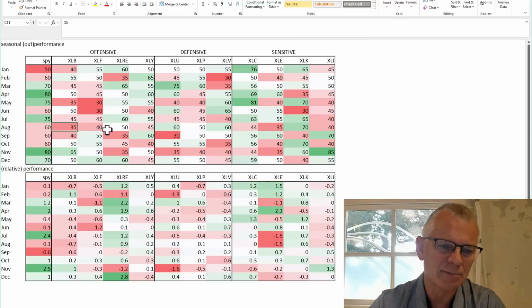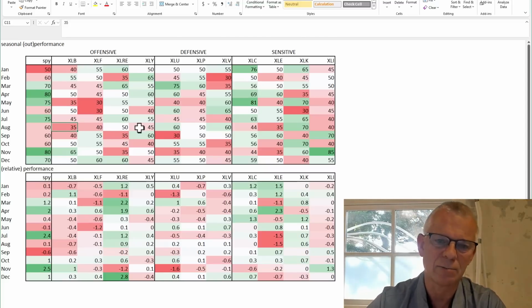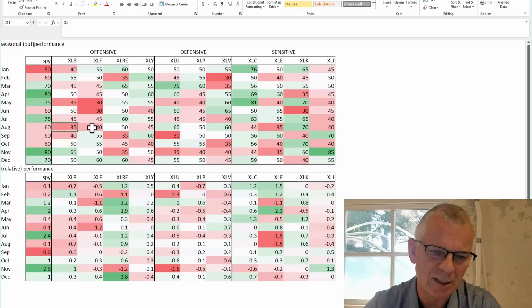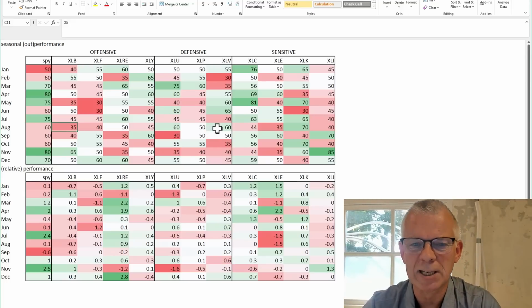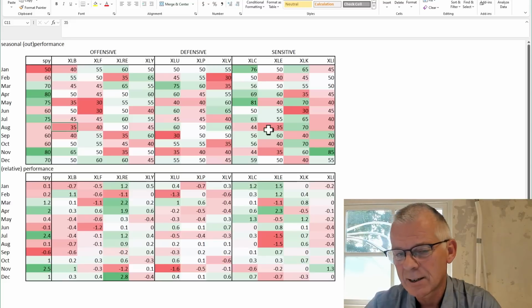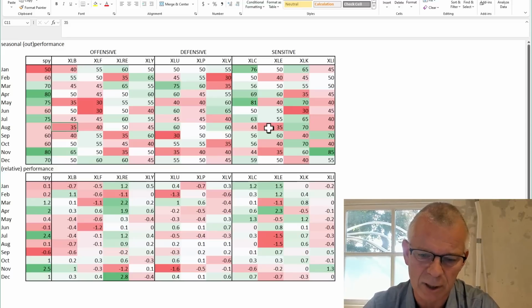Financials, 40%, real estate, 50%, discretionary, 45%. That's all pretty much just in the middle of the road. Utilities, positive 60%. Again, similar, it's in the same boat as financials, 10 bips off the 50. Staples, smack bang in the middle, 50%. Healthcare, 60%. Then you got communication services, 44%. Not fantastic. You see energy also on a negative trajectory, so expected underperformance for the month of August.